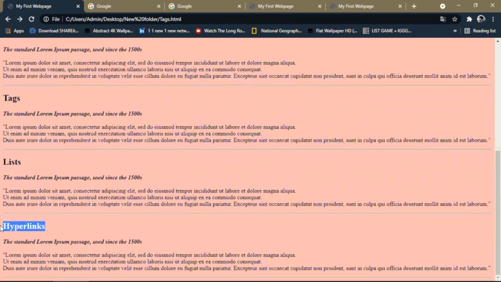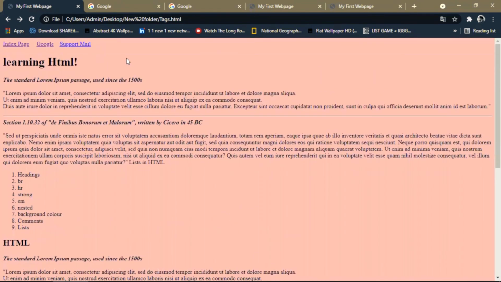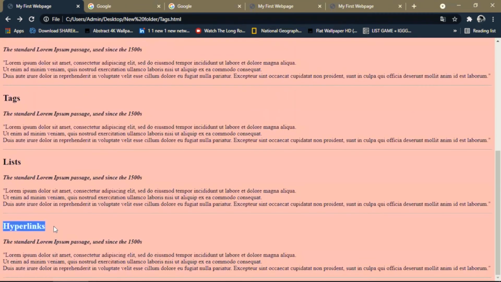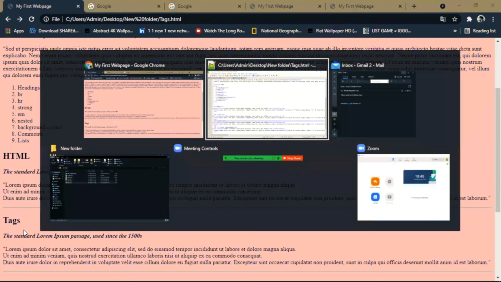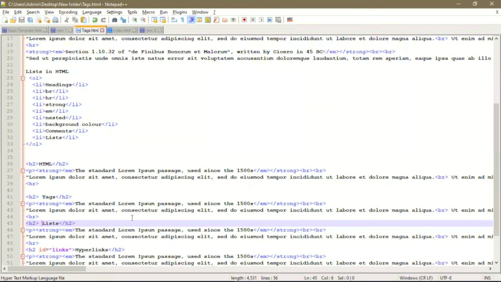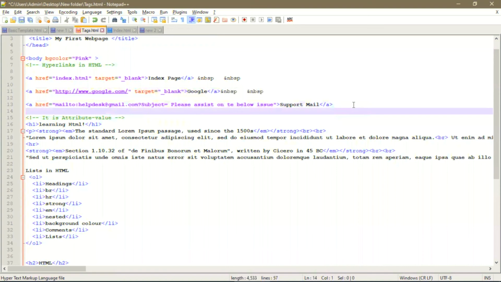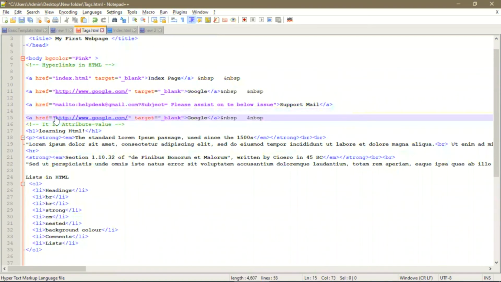For example, if I want to go to this section, hyperlinks, and I'm at the top, I have to browse and browse and browse, and then navigate over here through browsing. So for that, we can avoid that by giving a link. How? Over here with the same tag. So I'll tell you how. It will be like this. The href will remain the same thing,